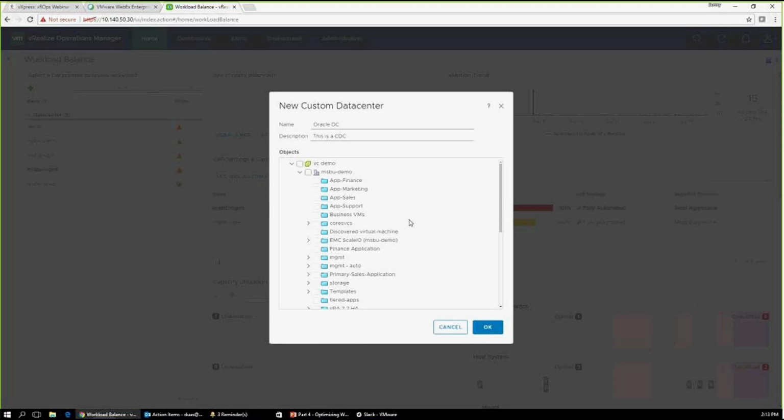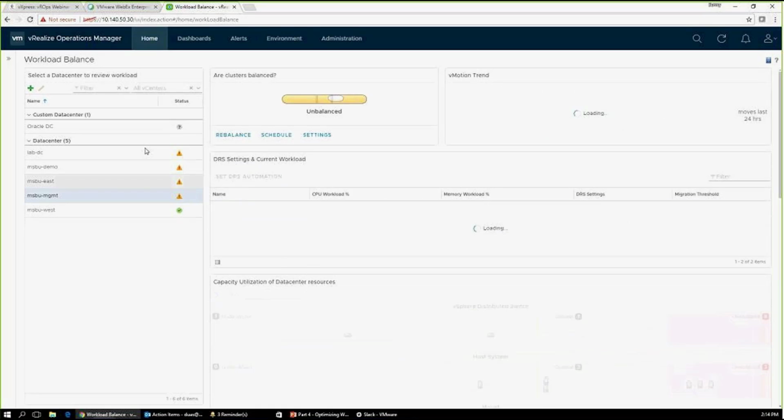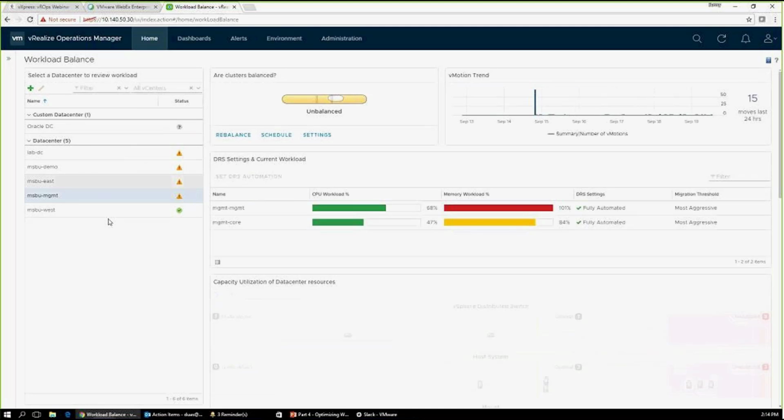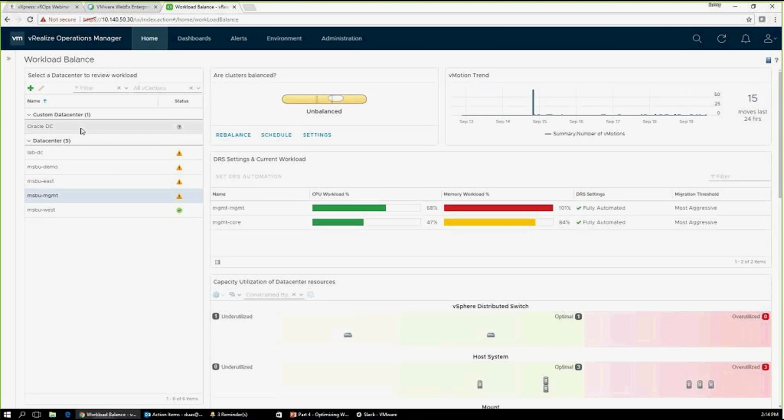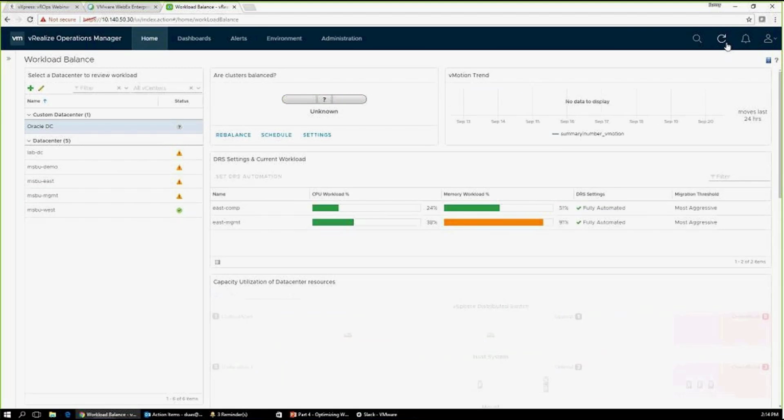Now, in this case, coming back to the placement use case, I can go ahead and go into, let's say, MSBU East data center or VC East data center, and imagine I had 15 clusters here. I can just select, let's say, these 2, which are, imagine the Oracle clusters, or the clusters which are hosting the Oracle workloads, and click on OK. And as soon as I do that, you can see I have a custom data center created, called Oracle DC. If I go ahead and refresh the page,